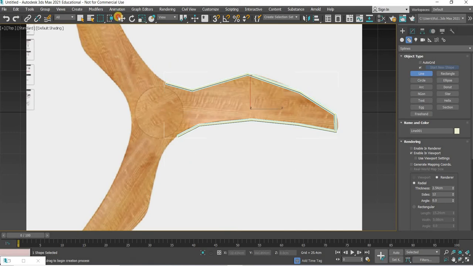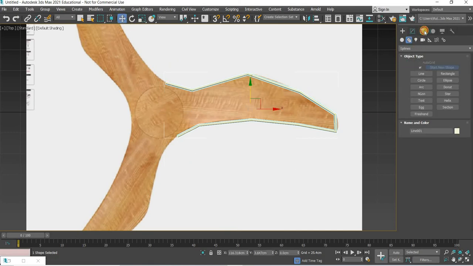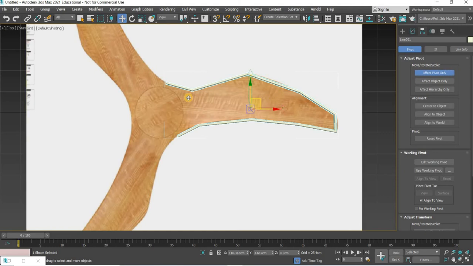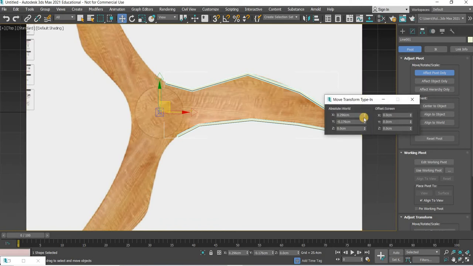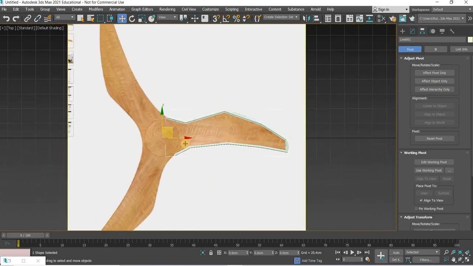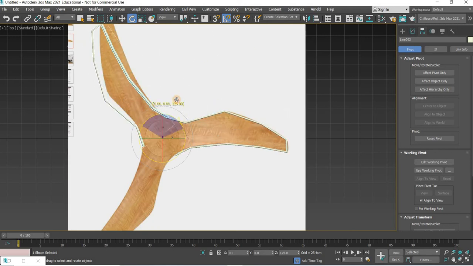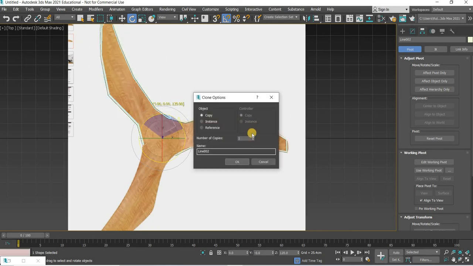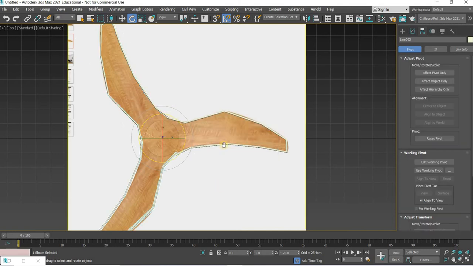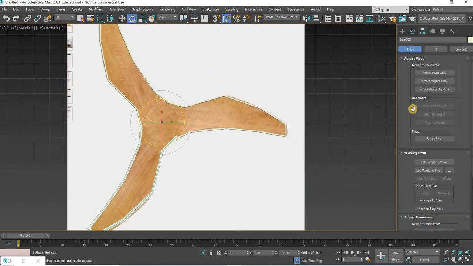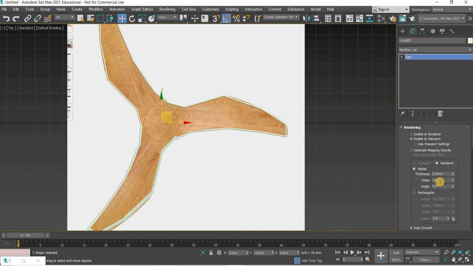Okay, so maybe we can right click, then go to affect pivot only and place the pivot in the center somewhere. We can place it in the center. Okay, so we can then snap it on, or maybe we can snap it on. Okay, and then we'll make it true. So now we snap it exactly, and then we'll go to modify panel and we'll find,